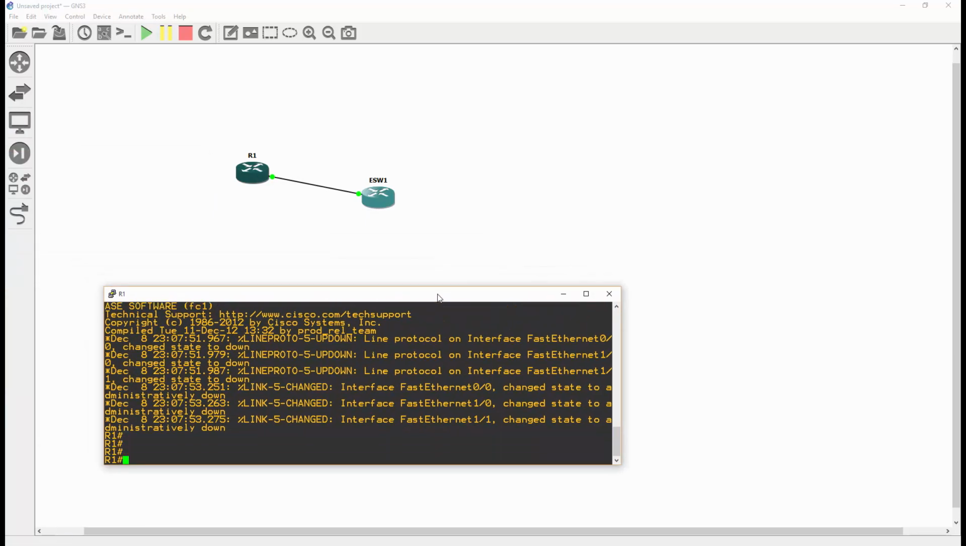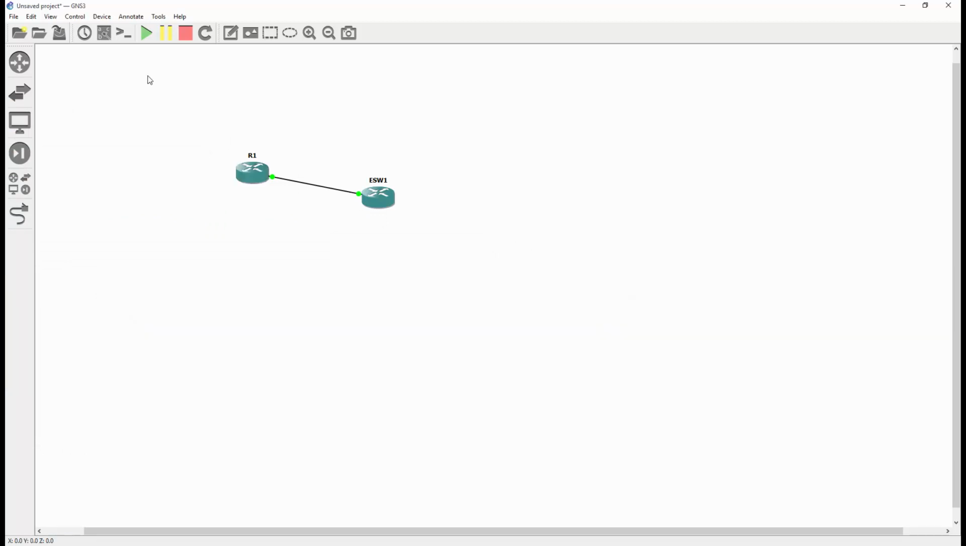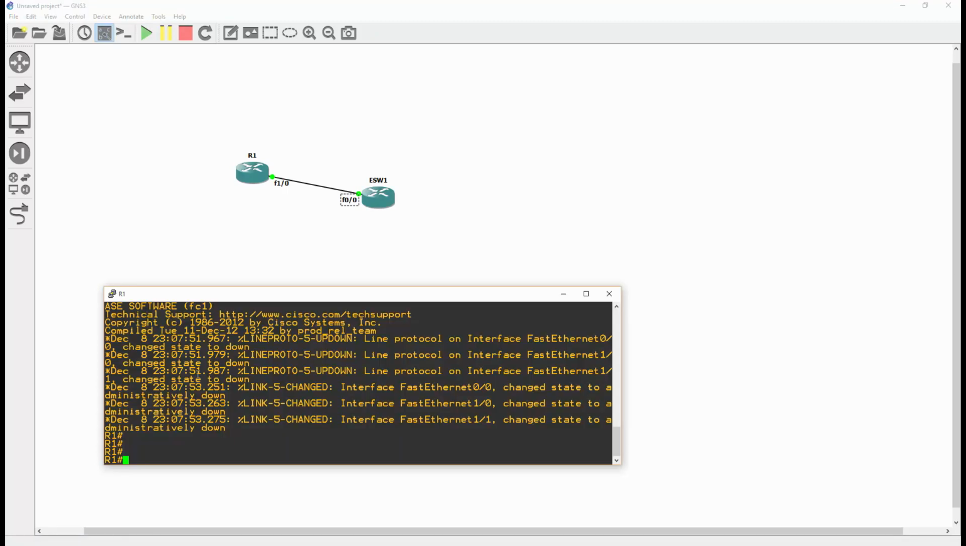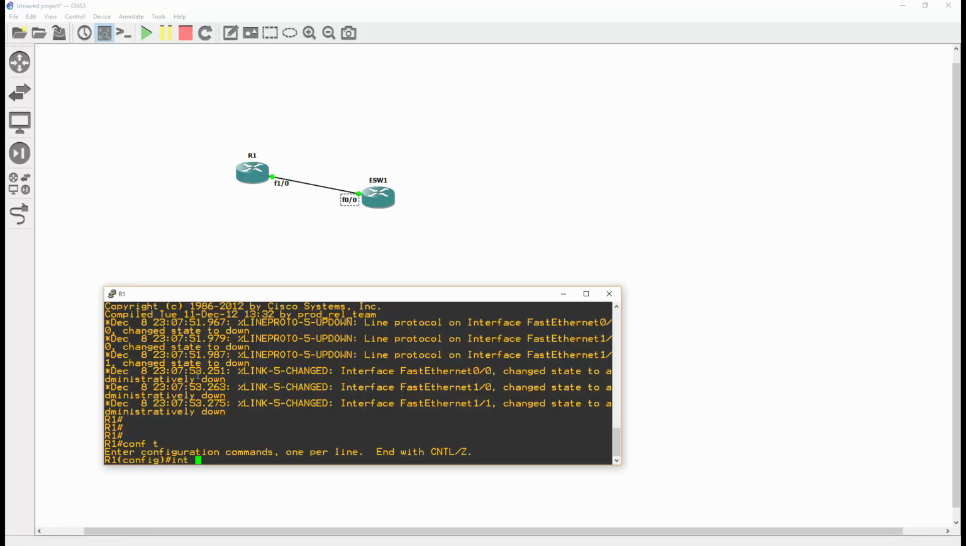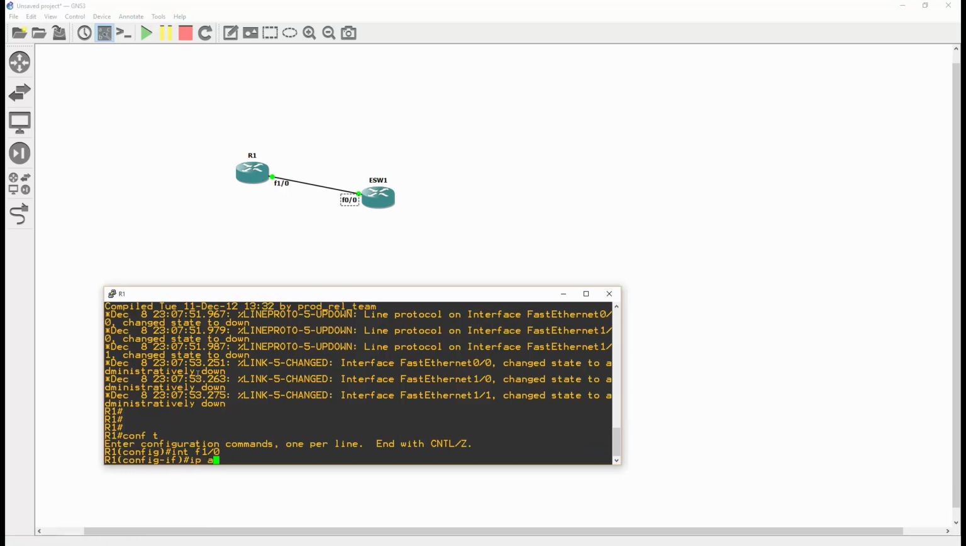I'm going to go to global config, and I'm actually going to click on this button right up here, which turns on the interface labels. I'm going to click on this guy. I'm going to go up here. I'm going to go to interface fast1/0. Type an IP address of